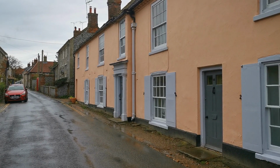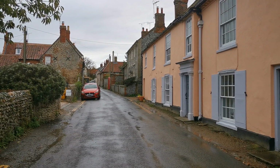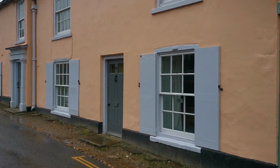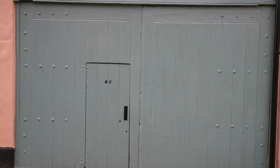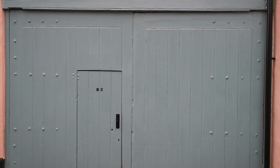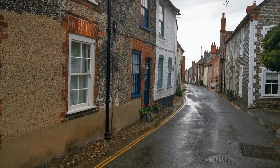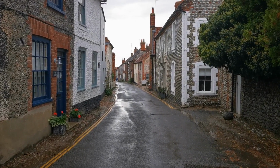This is the high street in Blakeney that leads up from the quay up to the main trunk road that runs along the North Norfolk Coast. And the cottages up and down this are a mixture of flint and brickwork, but also a lot of rendered cottages. And this is one of the characteristic colours that you'll see in Blakeney, this Farrow and Ball green blue paint. Looks almost grey in this light, but quite characteristic for these cottages to be painted in some quite bright colours. So let's walk you down the high street now and show you some of the little nooks and lokes